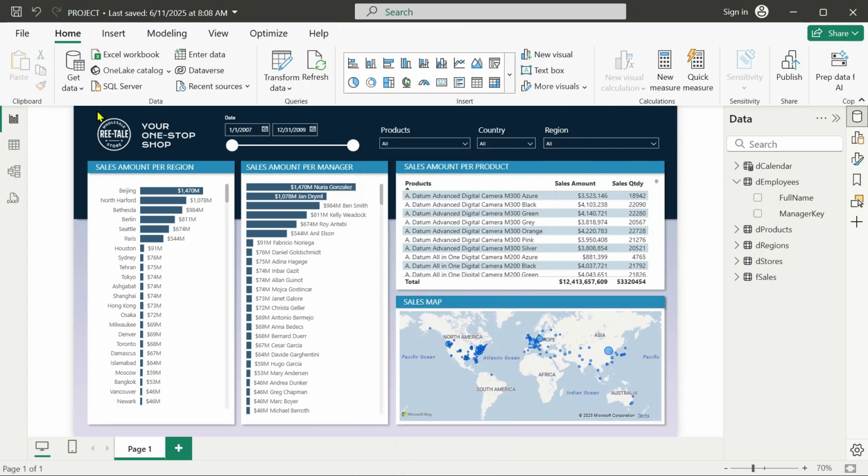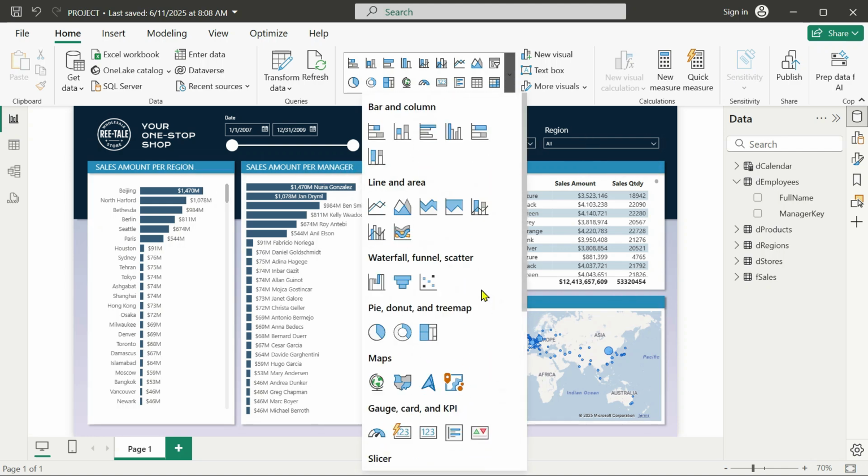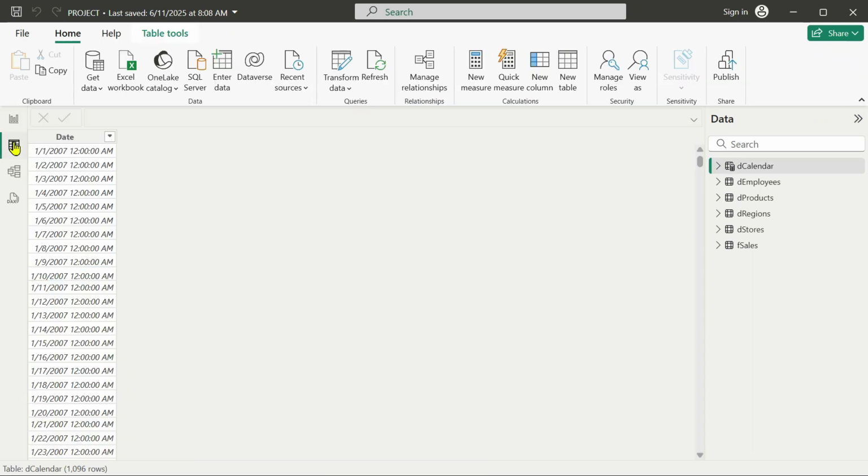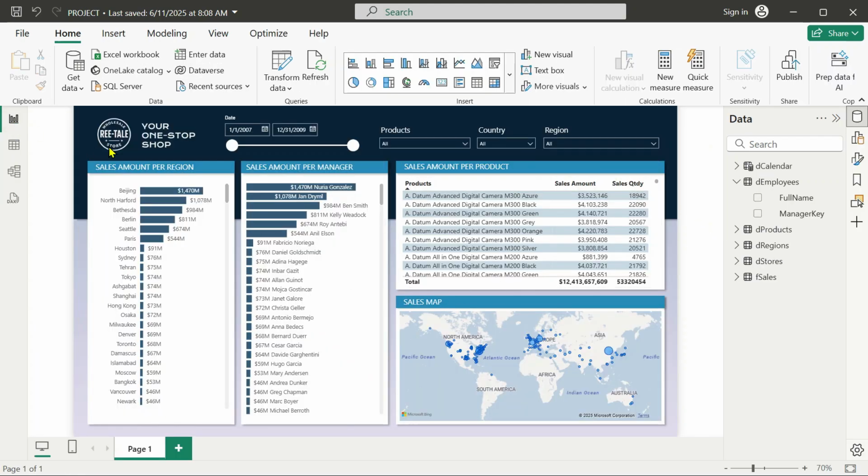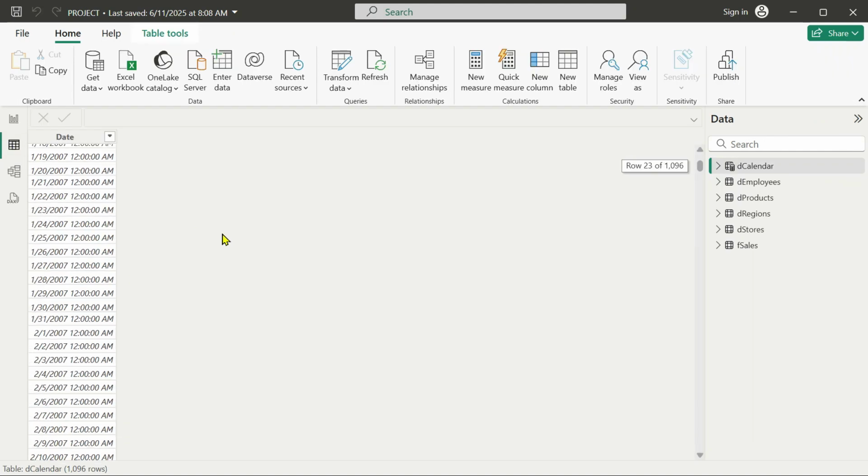And Power BI understands that when you're working on the report view, this is where you create your visuals, right? So it will give you the option to pick the visual you want. But since you're on the table view, it understands this is not the place for dashboard creation. So it doesn't make sense to let you pick a visual because this is not the place for visual creation. So again, Power BI will give you the options that make sense at a given moment. And like I said, the report view is where you create your visuals. This is the view that is going to be released to your user. The table view, this is where you work with tables.